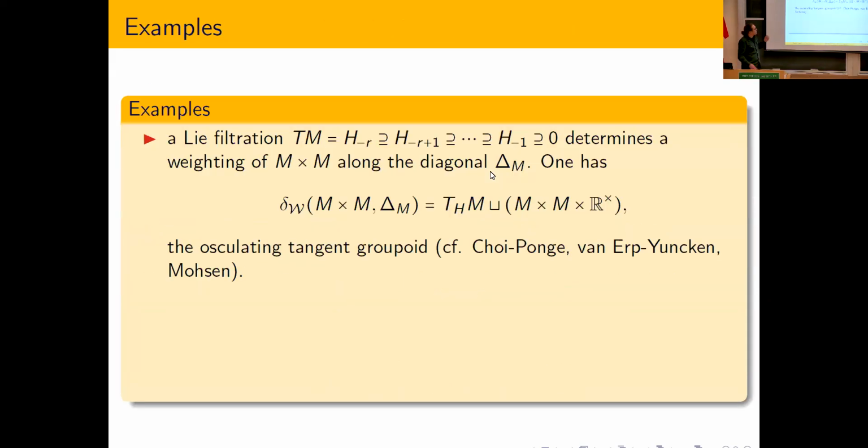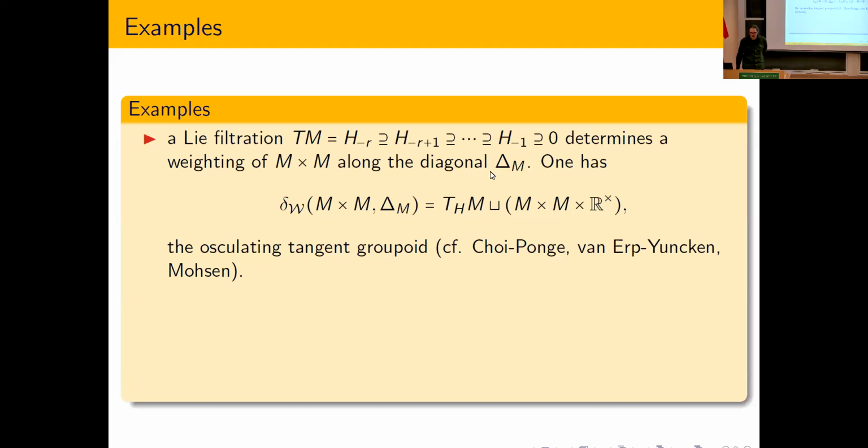Okay, so some examples. I think an interesting example is if one starts with a manifold whose tangent bundle is filtered by subbundles satisfying some Lie bracket relation, then this defines a weighting of the product M times M along the diagonal. And if one looks at the weighted normal bundle, you get this thing, and this is the bundle of nilpotent Lie groups exponentiating the associated nilpotent Lie algebra, taken by direct sums of the quotients of the H_i's. And the weighted deformation space factors like this. So this is the osculating tangent groupoid that was studied by Choi and Ponge, Van Erp and Yuncken, and also